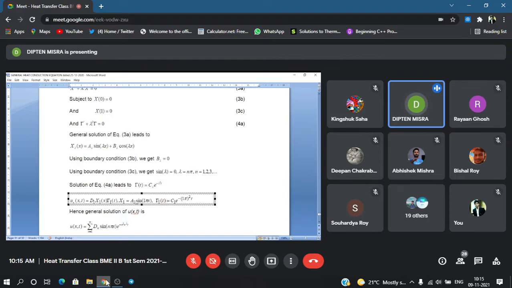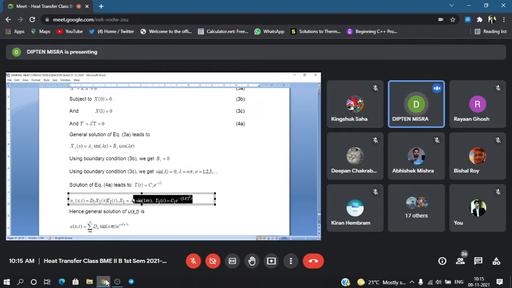So this is the function of x, that is a function of time, and the product of these two is a possible solution for u. Let us say for lambda equal to lambda 1, the solution is equal to u1, and that u1 is not only a product of x1 into gamma 1; any multiplier with that is also a solution. We multiply with another coefficient d1 into x1 into gamma 1, where x1 equal to a1 sine 1 pi x, gamma 1 equal to c1 into e to the power minus 1 pi square t.